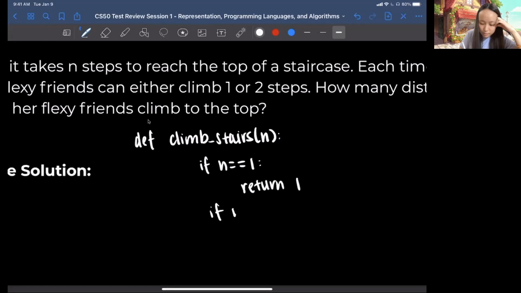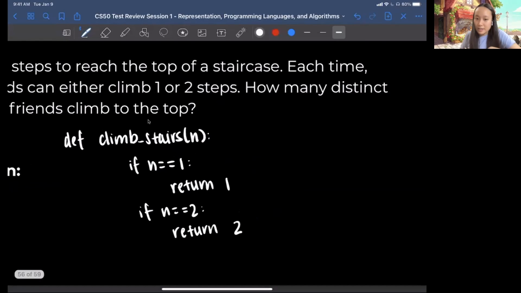If there are 2 steps, my friends can be cool, go up the 2 steps in one go, or go up the 2 steps one at a time. There are 2 ways to do it, so we're going to return 2. Otherwise, we can think about it like if there are 3 steps, then they can either take 1 step and then make the 2-step hop, or they're on the 2nd step and they make the 1-step hop. So really, otherwise we can return